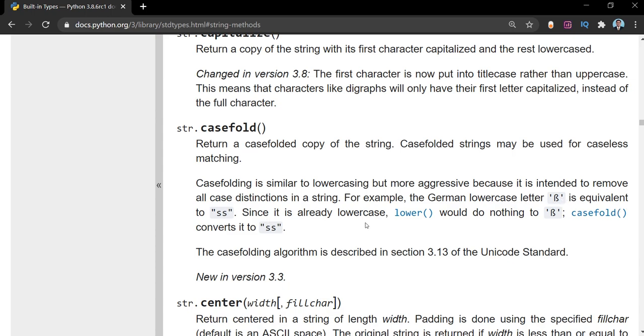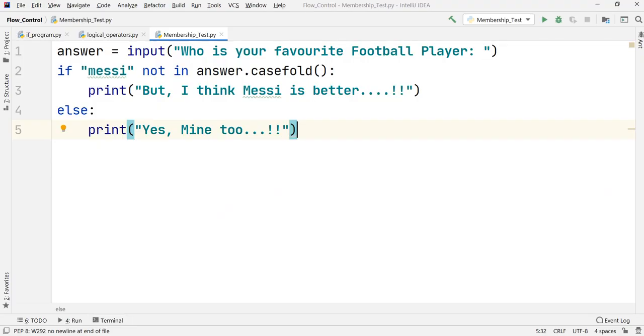These kinds of things are not taken care of inside lower. So it is better to use this casefold function to do such conversions from any case into lowercase. Okay, I hope you have understood the use of these membership test operators in and not in.